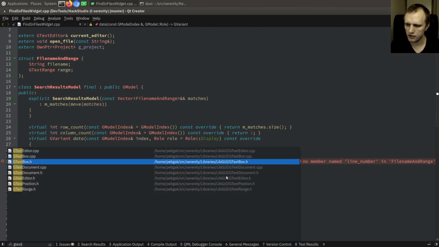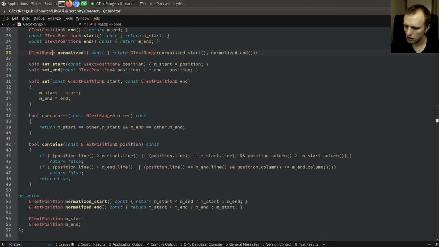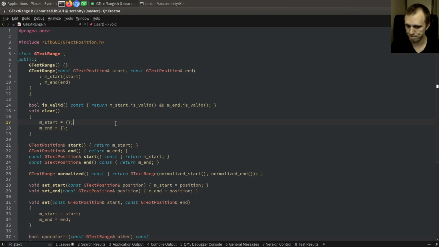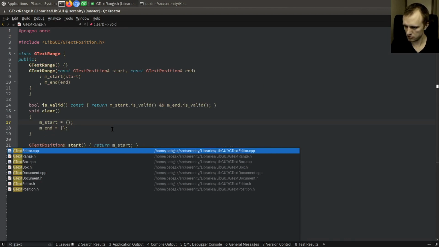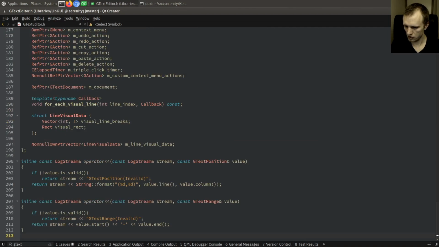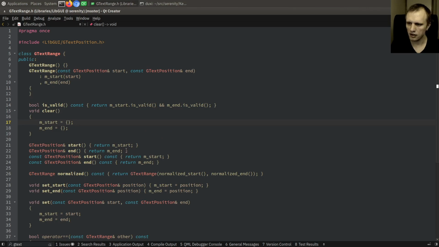does gtext range have a stringification thingy? To string, no. Can we output it easily somehow? Oh, these are here. They should not be here. They should be somewhere else. They should be in gtext range. But anyway,